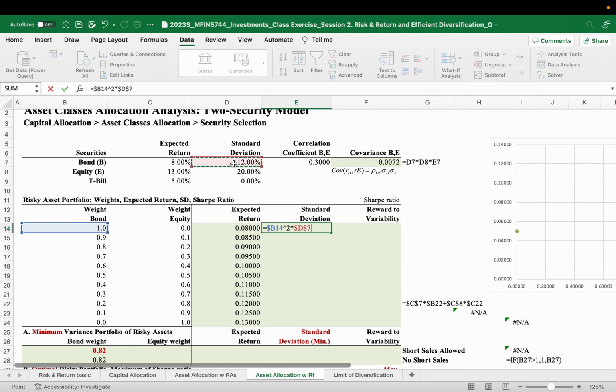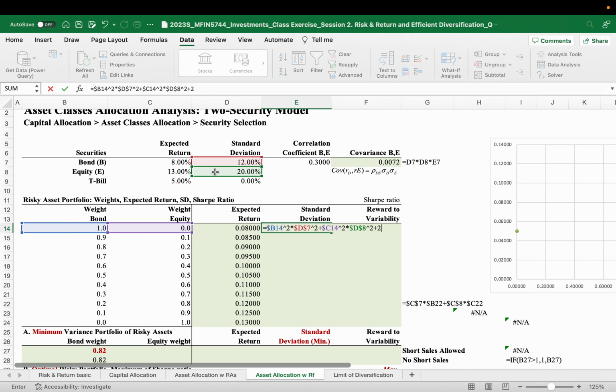We want to fix to the power of 2, plus now the weight of the column to the power of 2 times the standard deviation, and we want to fix to the power of 2, plus